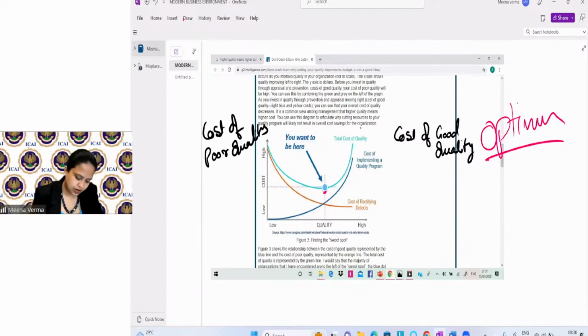Right? Now, if you will see, this graph is plotted between the quality and cost. So when we are increasing the cost, quality is increasing or decreasing, right? We are learning this. So if you will see, this is the cost of